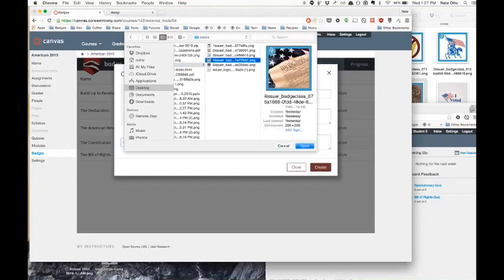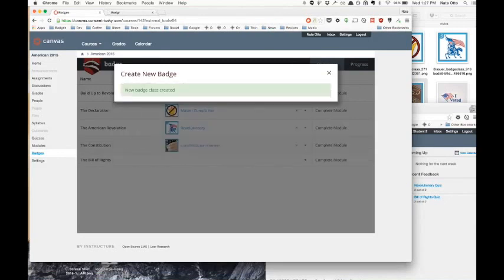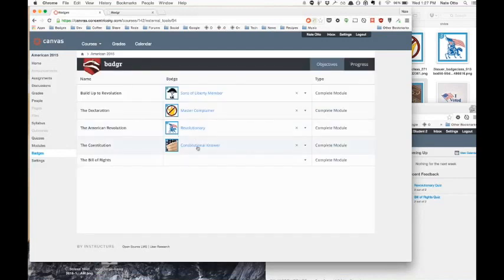And so for this badge, I have the benefit of having a designer who has generated a badge image for me talking about the Constitution. So we will set this constitutional image to the badge and create the badge there. So submitted that badge, it has been created and attached to this